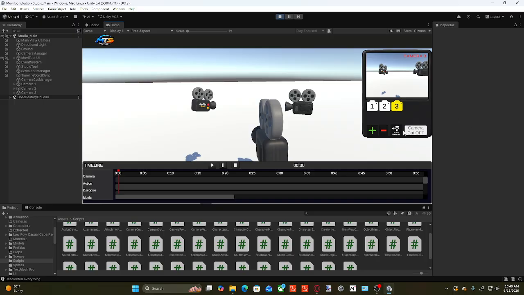Okay, so we got 3 cameras. So I'm going to do the first cut. Now, once I do the cut,